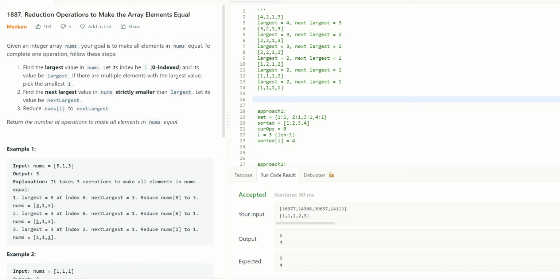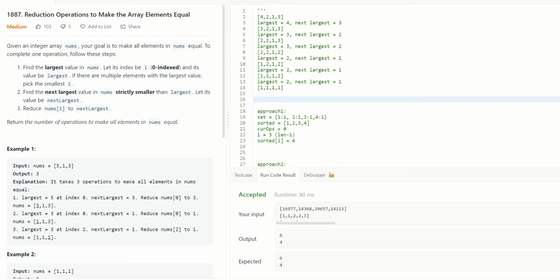Let its value be nextLargest and reduce nums of I to nextLargest. Basically we have to reduce the largest to the next largest. So that's step 3. So these are the 3 steps that we need to do. If you execute these 3 steps, that is called one operation. So we have to return how many operations we need to make all the elements equal. So that's basically the question.